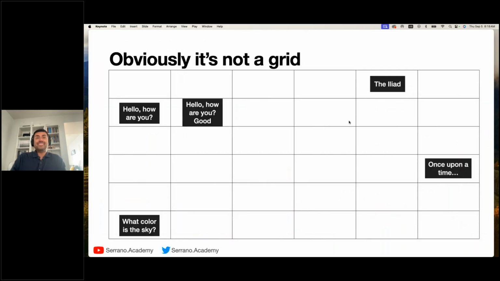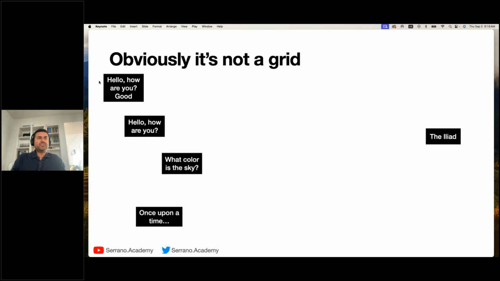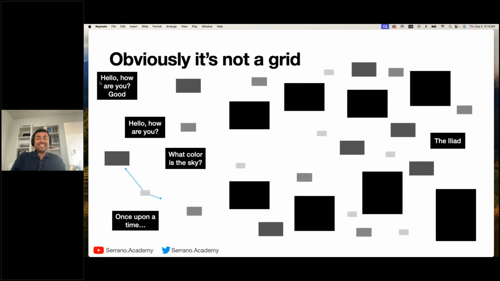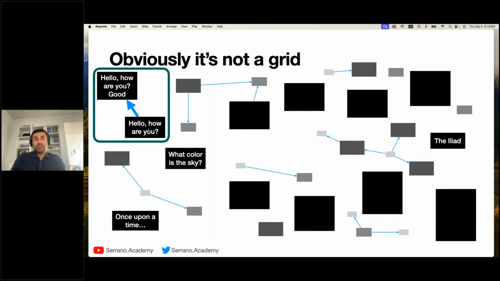Obviously, it's not a grid, right? Talking is not a grid. I don't have 3 or 4 possible answers for every sentence. I have many more. So this is a huge high dimensional space where there's an arrow between each sentence and the sentence with 1 extra word. For example, hello, how are you, and hello, how are you good have an arrow between them, and it's a strong one because this is likely to be the next word. Hello, how are you, banana has a very tiny arrow because that's probably not the next word in that sentence.